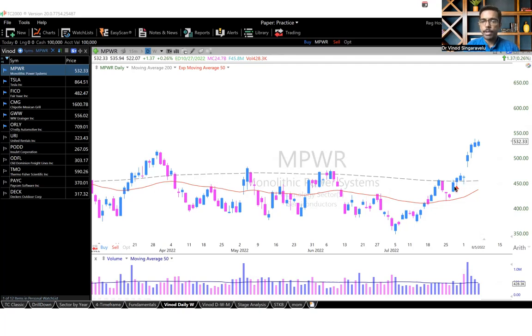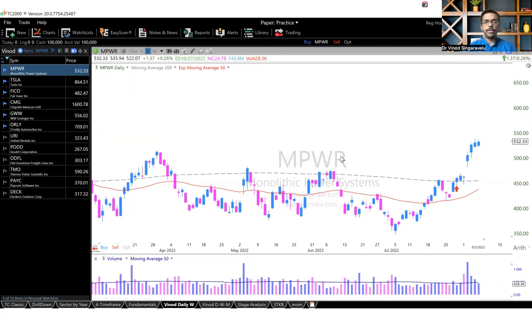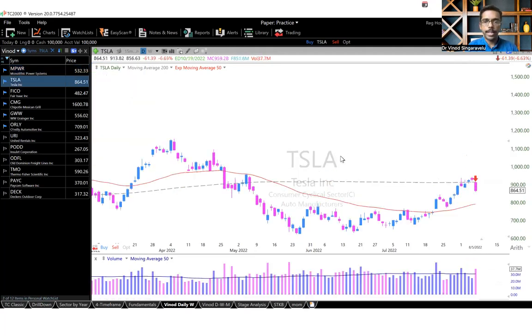When the price moved above the 200-day moving average, as indicated by the red arrow on the screen, that gave it new momentum, and new buyers came in, as you can see on the lower bottom panel on the screen. Large volume came in and new buyers came in, and the price has ballooned about 15% in 6 or 7 days. Moving on to Tesla.